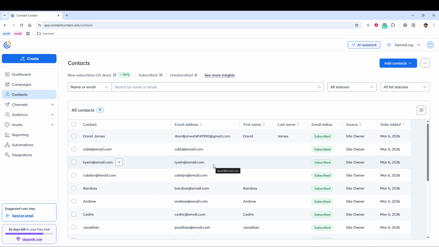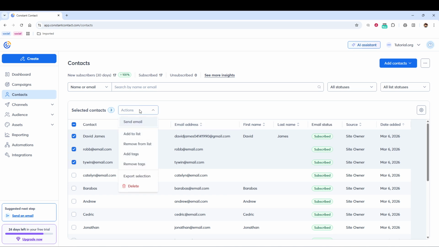Next, check the box next to the contact or contacts you want to remove. Selecting multiple checkboxes lets you remove several people at the same time, which can save you time if you are cleaning up a list in batches. Make sure you are selecting the correct entries because this change affects who is included in the list you choose in a moment. After you have selected your contacts, go to the Actions menu, click Actions, and then choose Remove